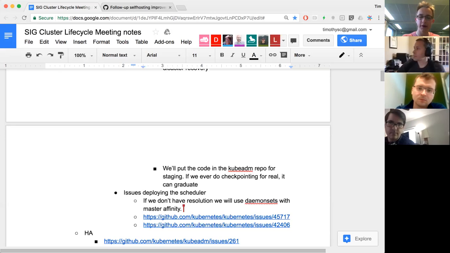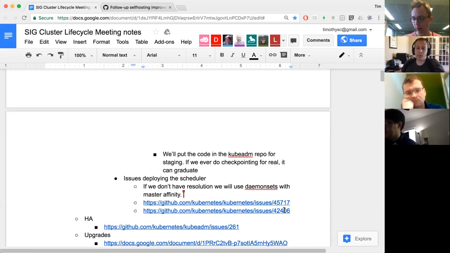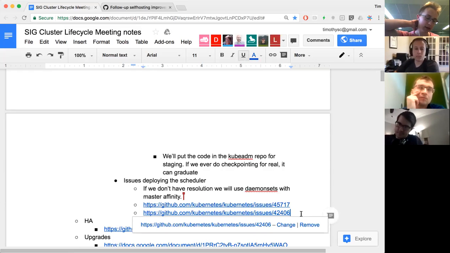Everything's fine, but the problem is that CRI and its predecessor, when the CNI networking isn't there, it's starting to report node not ready status, and then the scheduler omits all those nodes for scheduling. So the problem is when we inject the scheduler deployment from a static pod to a real deployment,